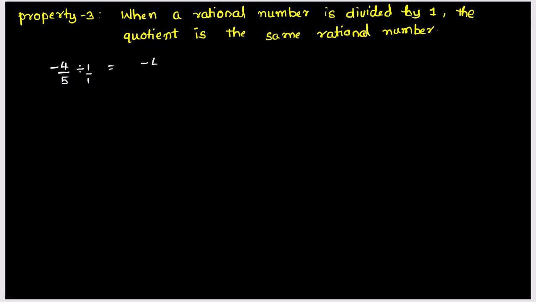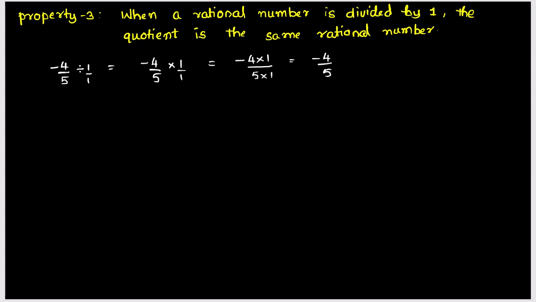When we write the denominator, that is minus 4 by 5 divided by 1 by 1, it is nothing but again multiplied by the reciprocal. What is the reciprocal of 1? 1 itself. That means you can write as minus 4 into 1 divided by 5. Otherwise, if you write 1 by 1, again you will get 1 by 1. Ultimately, you get the denominator 5 into 1. So, you will get the result minus 4 by 5. Why? Because minus 4 into 1 is minus 4 divided by 5 into 1 is 5.